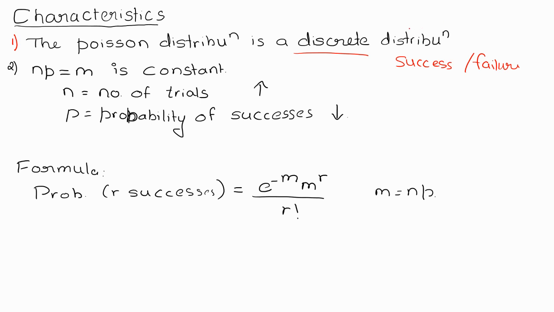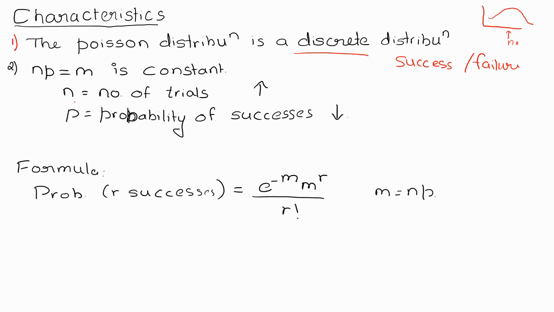Now there are two kinds of functions, continuous and discrete. Discrete means separate values, that is success and failure, with no continuity in between. But if you look at the third kind of distribution, which has a continuous graph like this, which I had explained as the normal distribution, this third distribution is my continuous distribution. So the first two, the binomial as well as this Poisson, are my discrete ones.